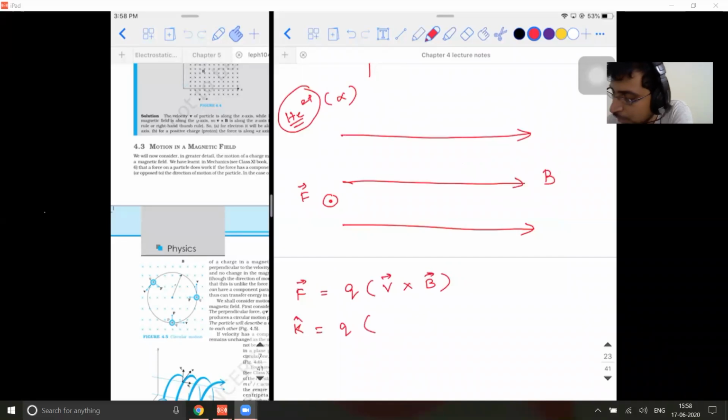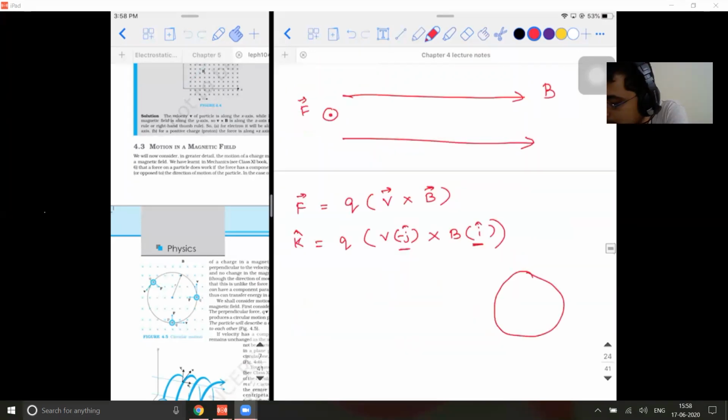Direction of force expected is k cap, equal to q into v. What we need to find, what is the direction of this cross? The direction of magnetic field is already fixed. B, in which direction? It is I cap. So which vector cross I cap will give you k cap? J cap. It is minus j cap. Again, go with the cycle. I, j, k. So j cross I is clockwise, minus k cap, but minus j cross I is k cap. Means in this question, what are you supposed to report? Maybe a 1 mark question. So the particle should be projected in the negative y direction so that it experiences a force towards us.